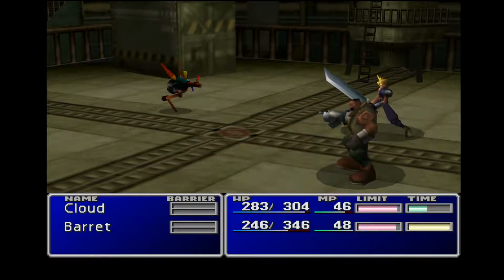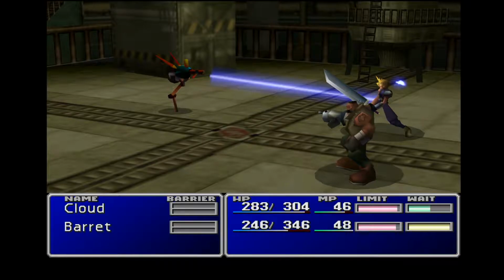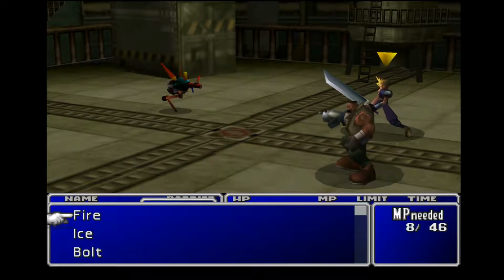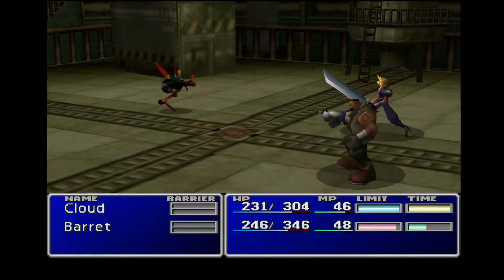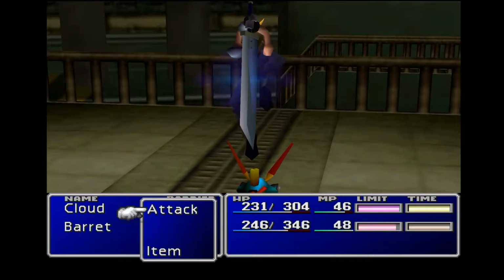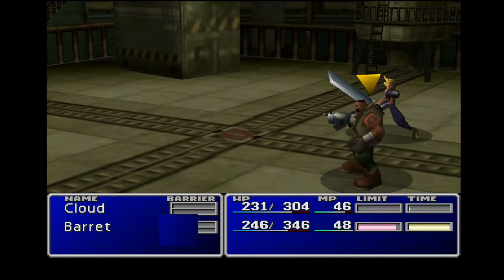I think we'll basically just be pelting it with lightning magic, and limit breaks when we have them. I was going to save that, but there's probably no point. We seem to be getting them pretty quickly, so...